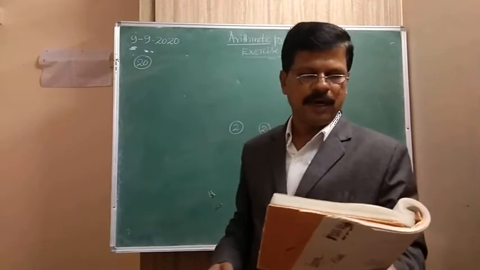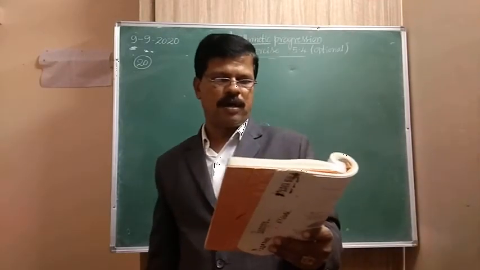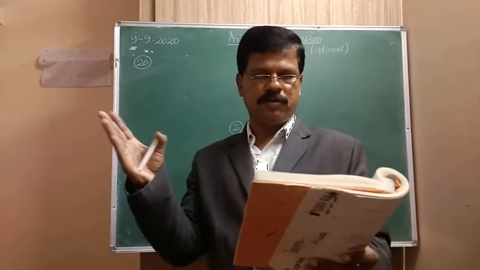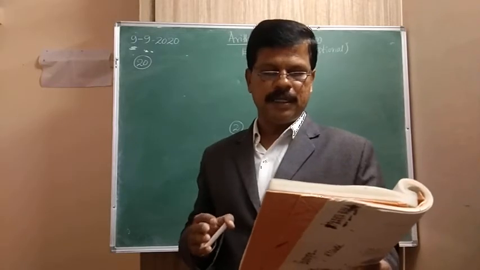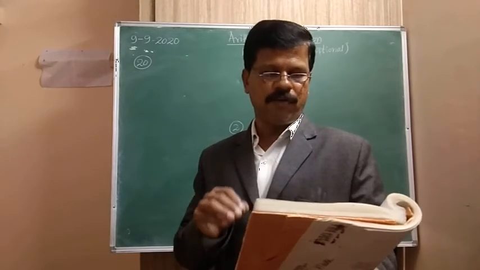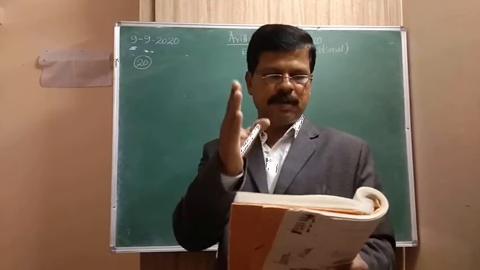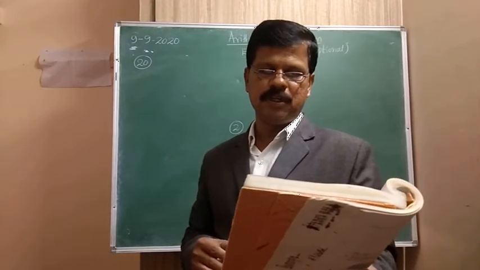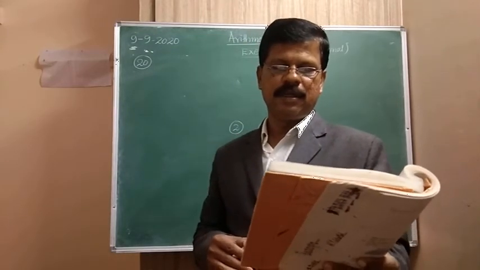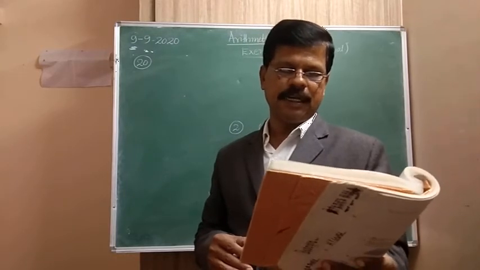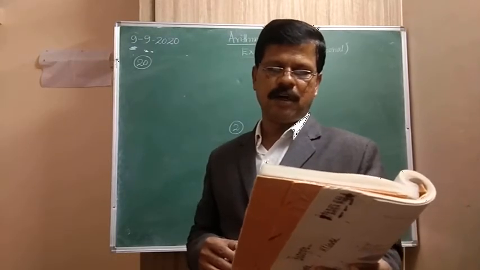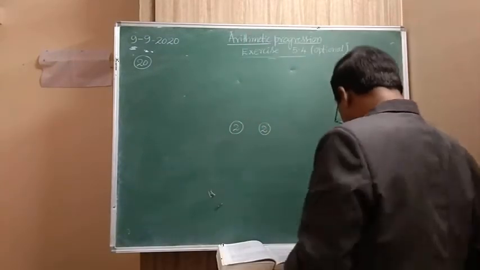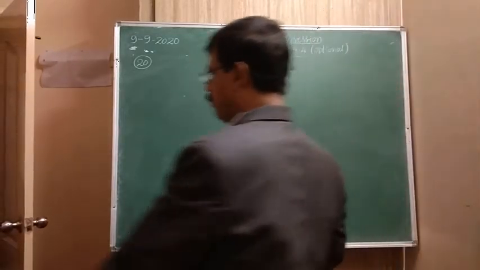I am repeating, the houses of a row are numbered consecutively from 1 to 49. First house is 1, last house is 49. Show that there is a value of x. That means we have to find out the middle house. It is given as x. That value we should find out such that the sum of the numbers of the houses preceding the house numbered x is equal to the sum of the numbers of the houses following it. Find the value of x. That means here the value of the houses,